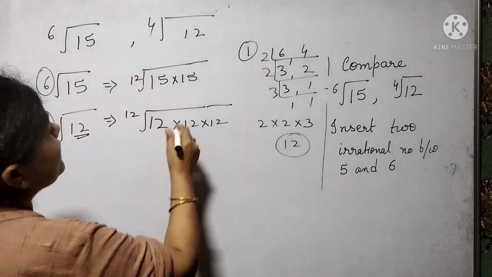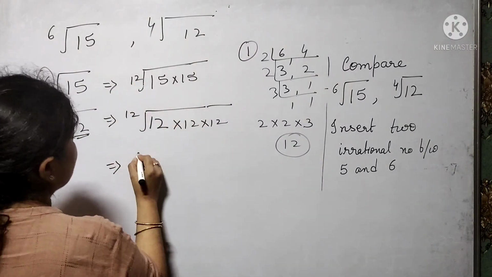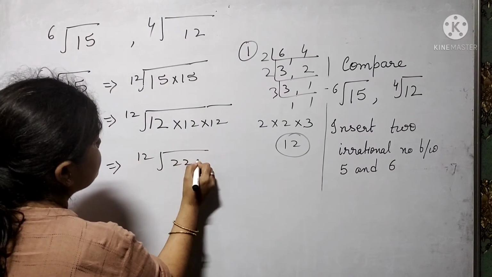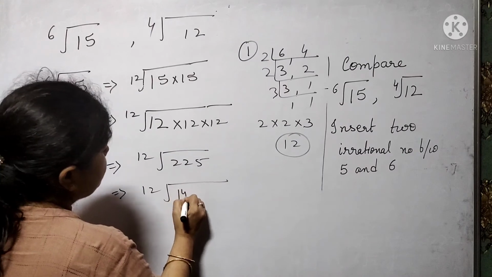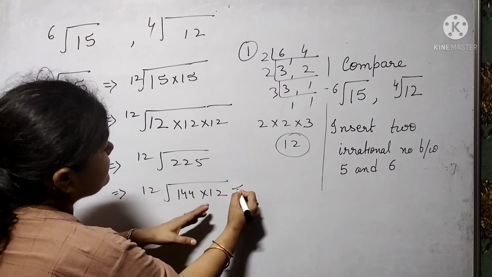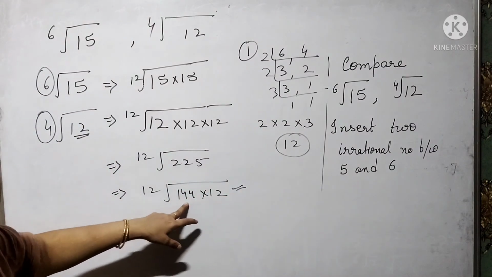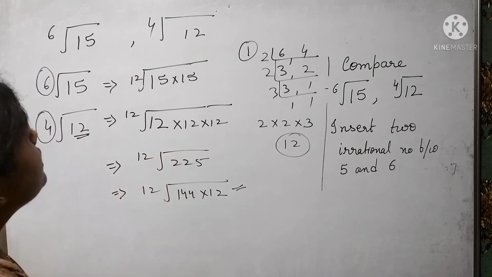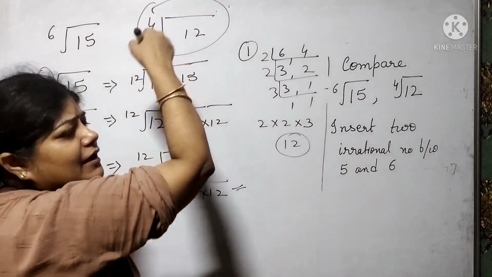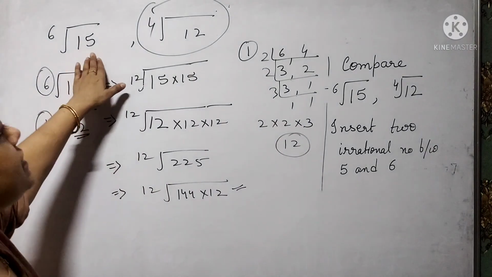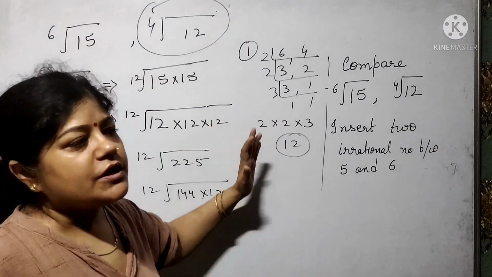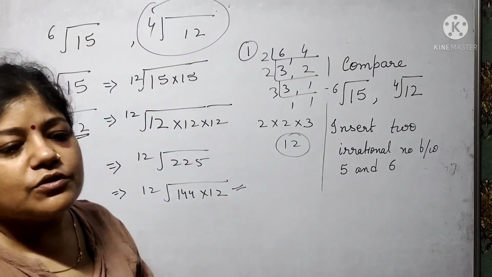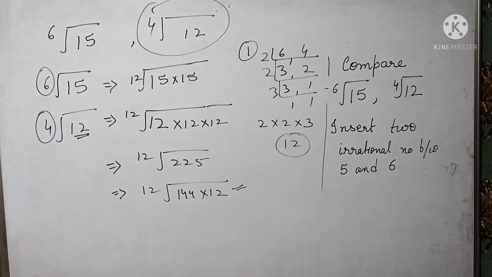Okay. Now multiply it. For first one we get 225. And second one we get 12 12s are 144 into 12. I think this is the bigger quantity when we multiply, and this is the small quantity. So then this one is the larger one and this one is the smaller one. So in this way, this is the concept of these questions, and you can do all the questions based on this question. Thank you.